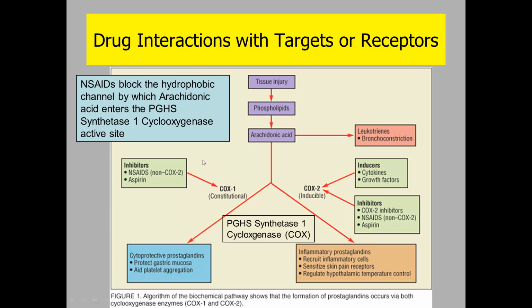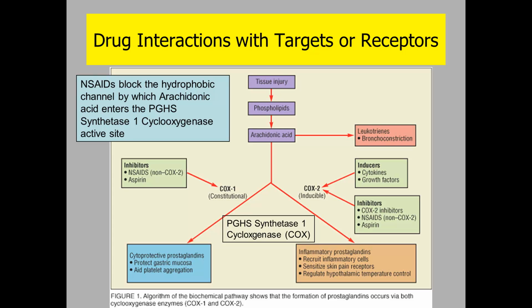You can act as non-COX-2 inhibitors, and those are going to affect COX-1. The COX-2 inhibitors are a different group of inhibitors. There are these two forms of cyclooxygenase, and some of the drugs affect them both, and some of them affect only one of the different